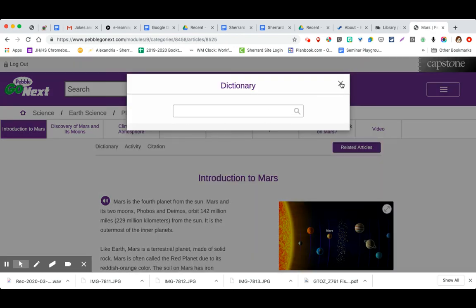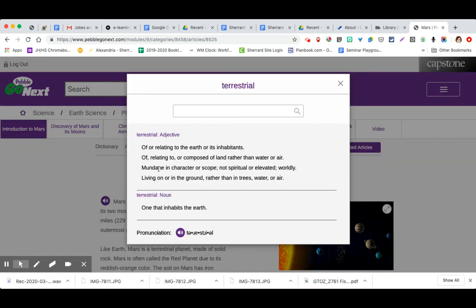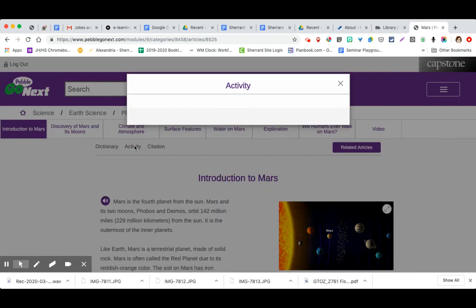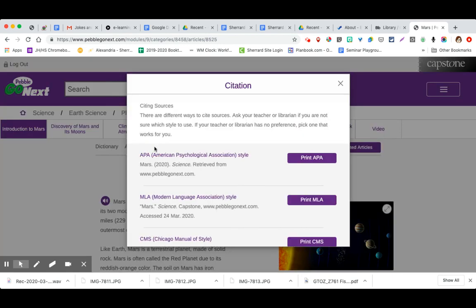So in the dictionary, you can click on a word, you can type in a word, or if you don't know a word, you can click on it and it will bring up that dictionary definition for you, parts of speech, and the pronunciation. There are sometimes activities that you might be able to find, and then the citation,